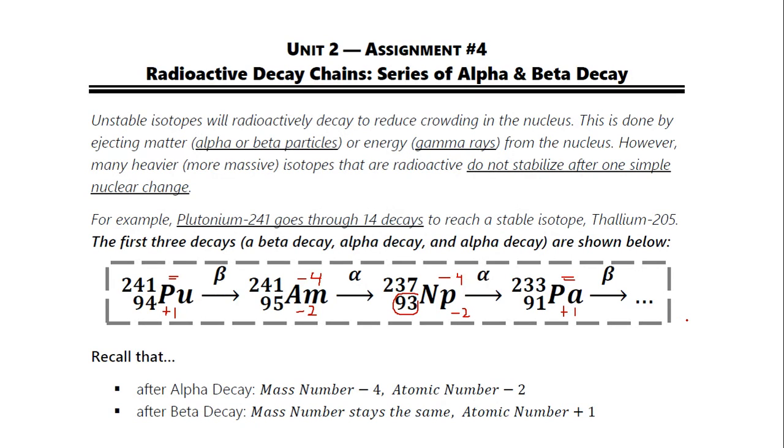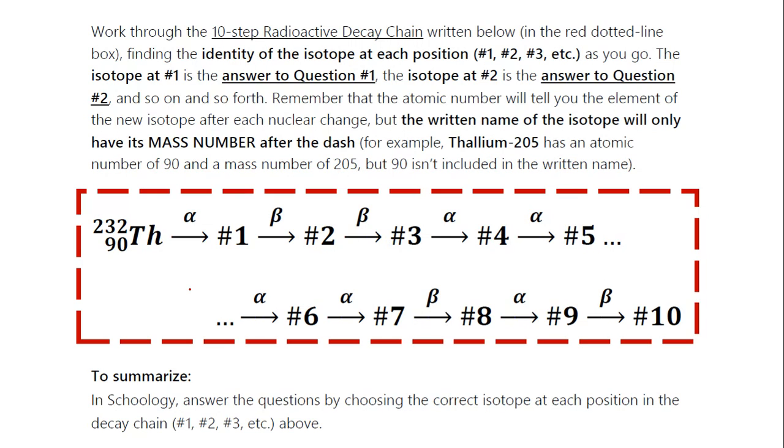Okay, so we're going to look at a radioactive decay chain, again for this thorium isotope. It's going to be 10 steps, and after each step where this thorium-232 changes, we're going to get an answer. So our questions for this assignment are basically going to be, what is this? What is this? What is this? What does our isotope turn into after each decay? Okay, and again, we can keep this simple just by looking at what decay happens and adjusting the mass number